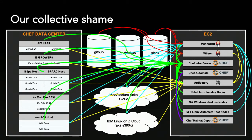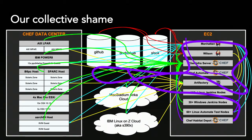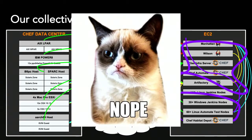Then there's a connection from Automate to Habitat somewhere. The Linux nodes are connected to another thing there. There's more stuff that Habitat talks to, like Docker. There's a connection between GitHub, Manhattan, Artifactory, and the Linux nodes, and